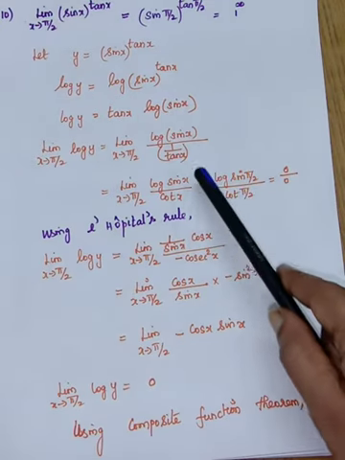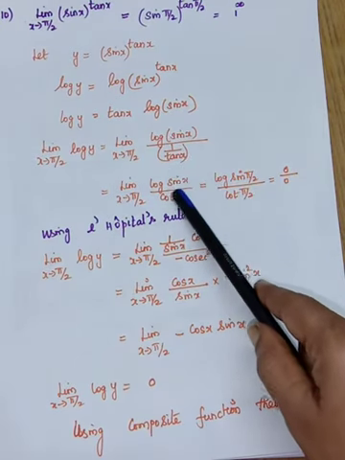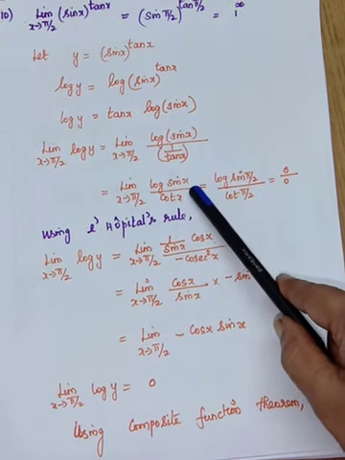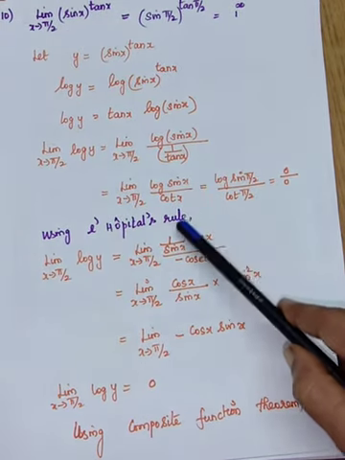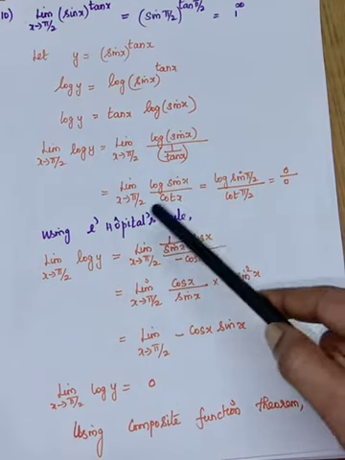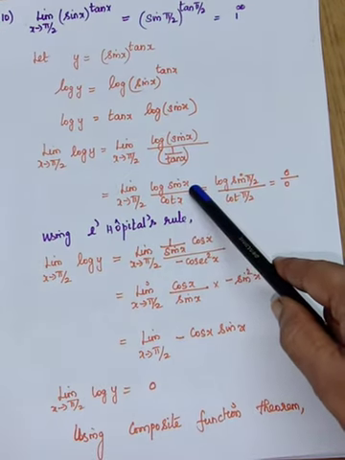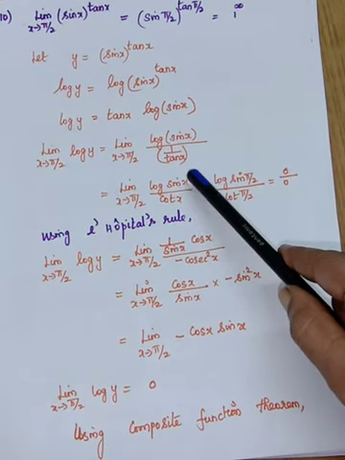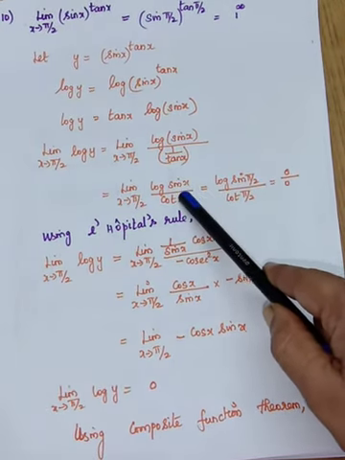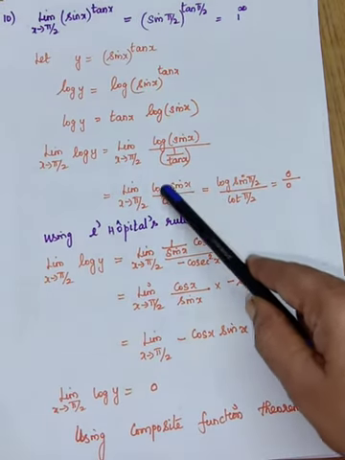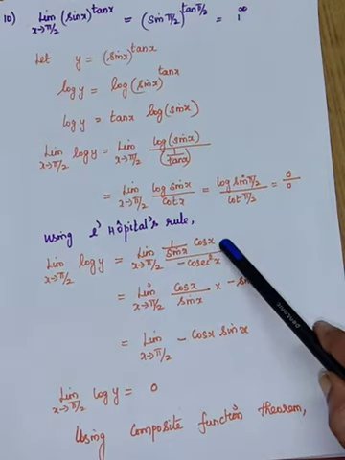For the chain rule, the first step, sin x has to be kept as x. It is in the form of log x. What is the differentiation of log x? 1 by x. So 1 by sin x. Next, what is kept as x? That has to be differentiated. Here we kept x as sin x. So the differentiation of sin x is cos x.